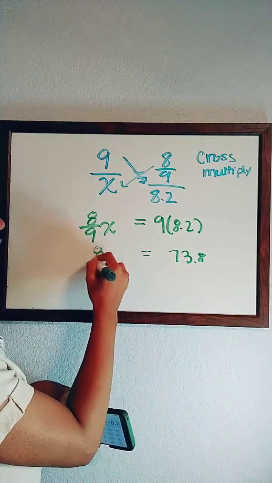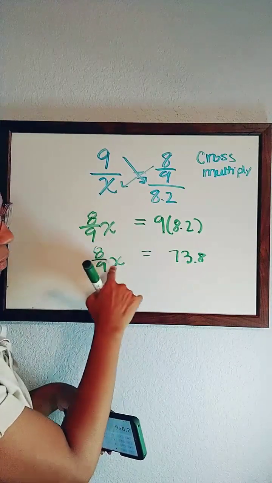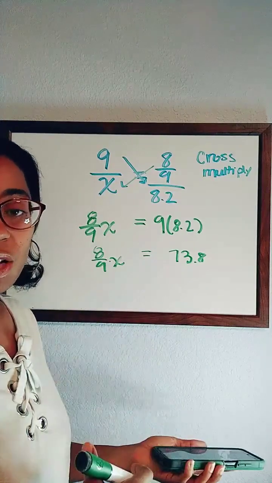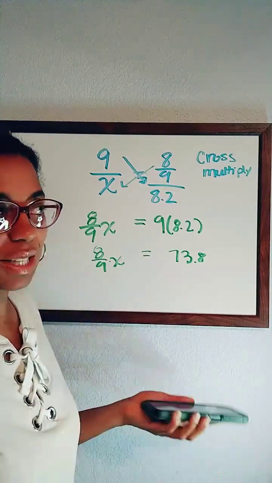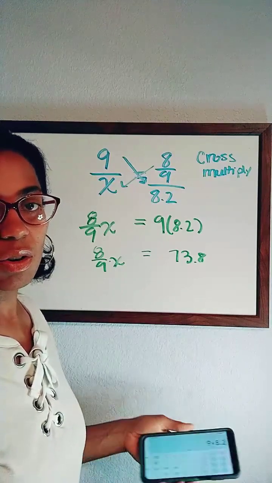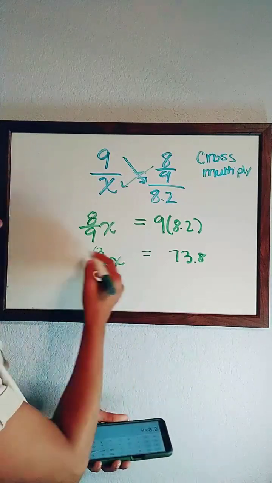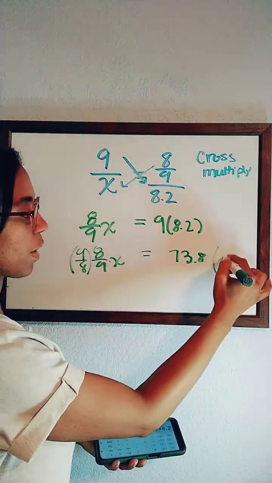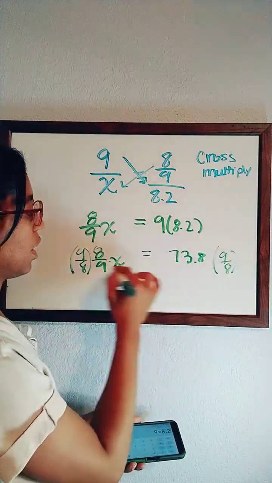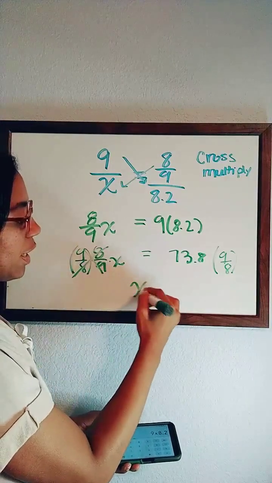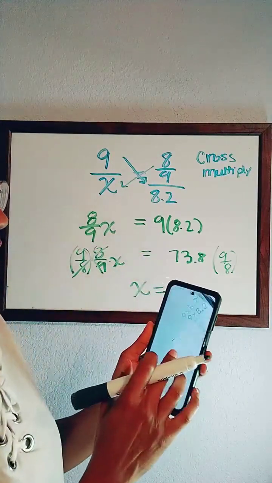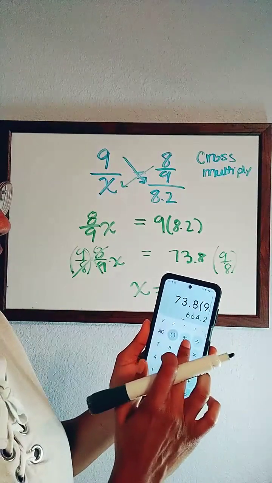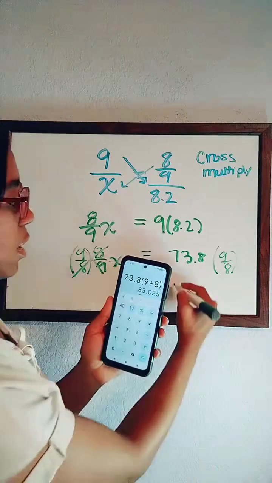This is 8/9 times x. How do we separate multiplication? If it's a fraction, we always multiply by the reciprocal because that's how we divide fractions. So what I'm going to do is multiply both sides times 9 over 8. That simplifies down, and x is equal to, literally, because you're in dosage calc and all that, you do 73.8 times 9 divided by 8, and that's it. You get